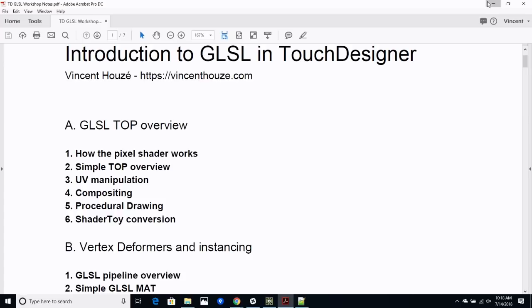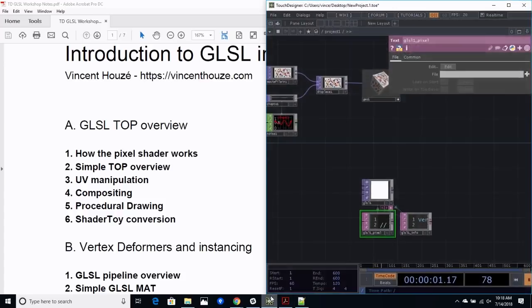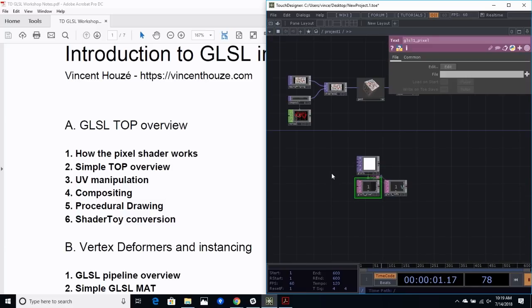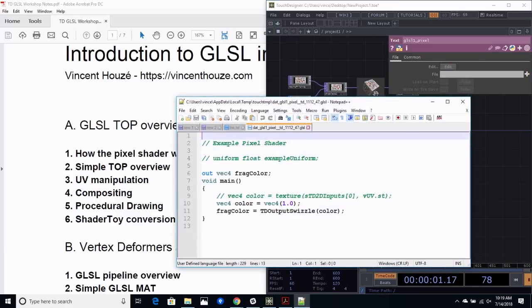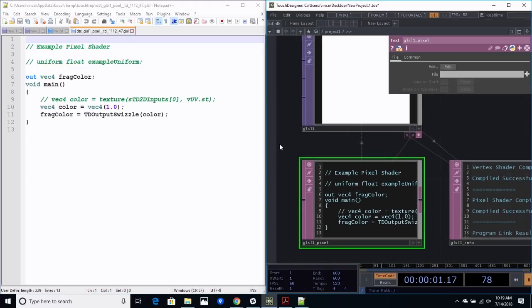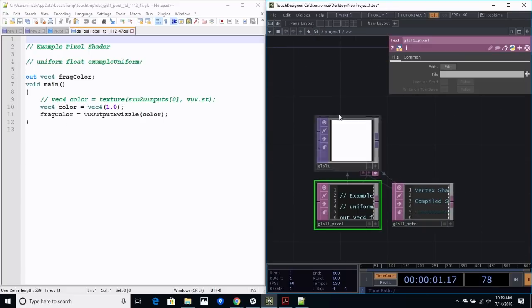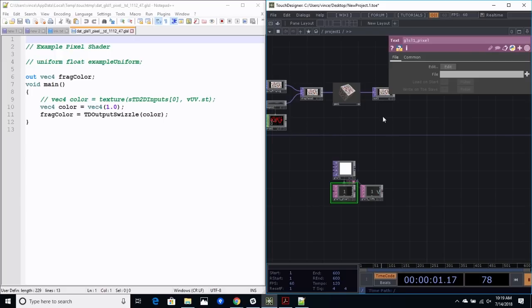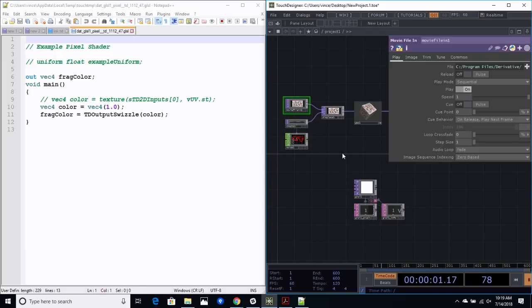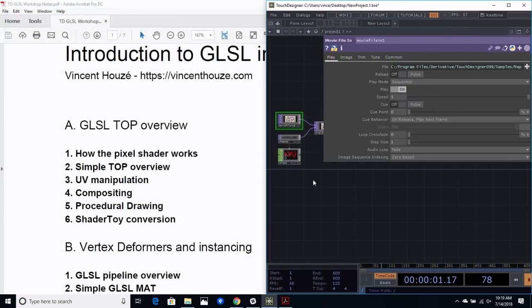All right. So most of the time, I'm gonna set up my screen like this, so you can see both what I'm doing in TouchDesigner and the shader code. And I'm gonna try and show the touch window so you can follow along. All right. So first,